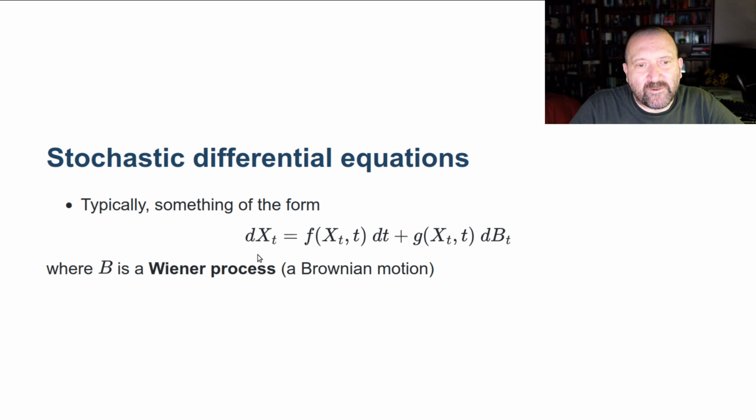And finally, stochastic differential equations that I'm not going to detail in the course here. Typically, it is the adjunction of a deterministic part and a stochastic part, where the stochastic part is influenced by something like, for instance, the Wiener process. And as I said, I'm not going to detail this.